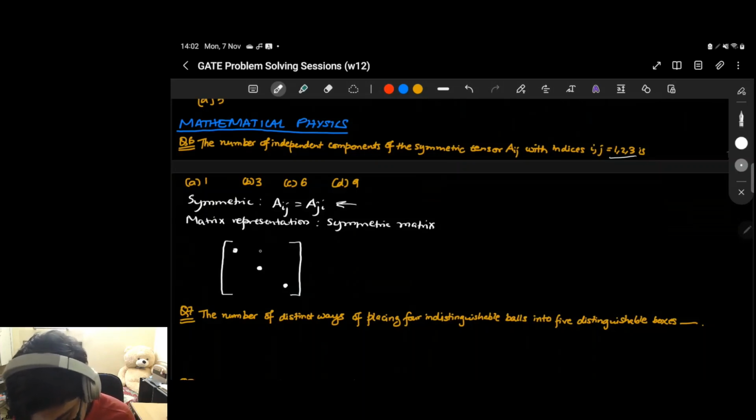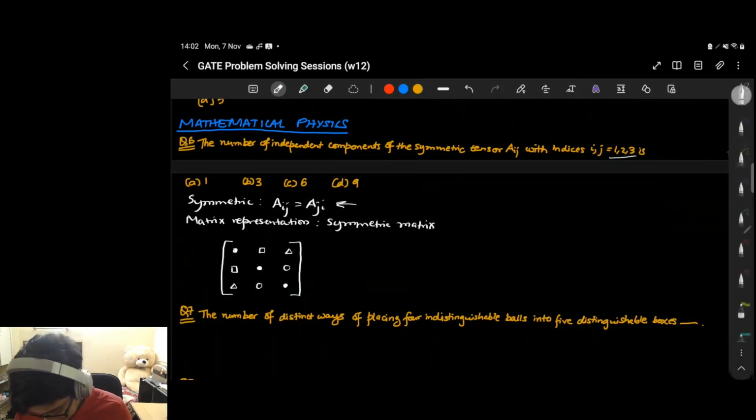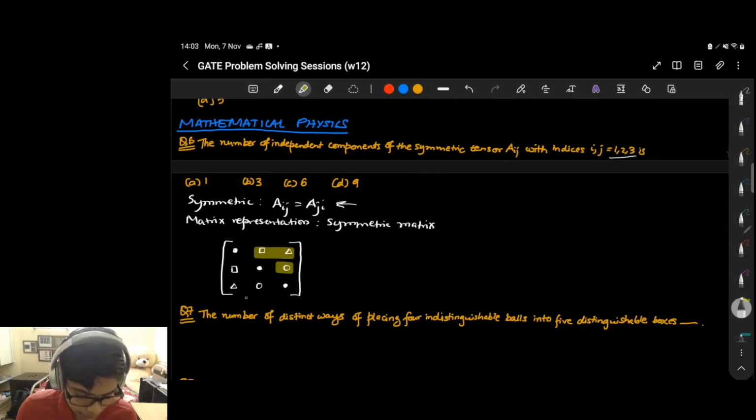If we have an element here, then the same element appears in the symmetrically opposite location. This element is the same as this element, and this element is the same as this element. So you can see that these terms are reflective. The upper triangular portion is reflected in the lower triangular portion, and so you have